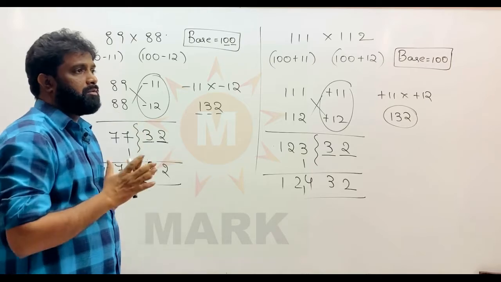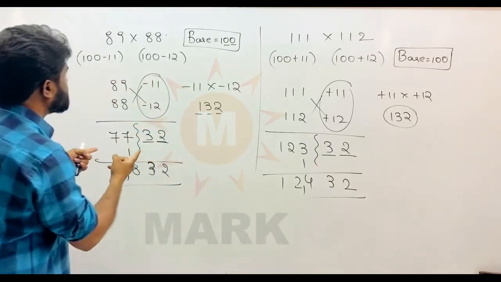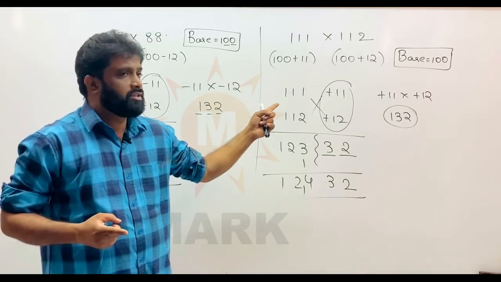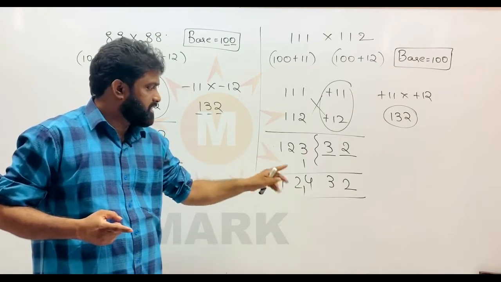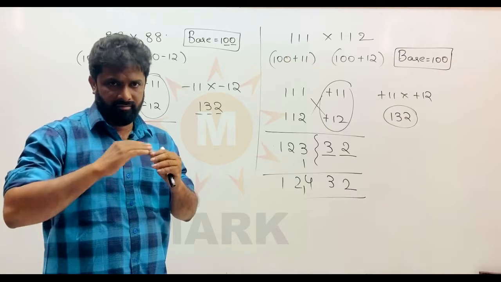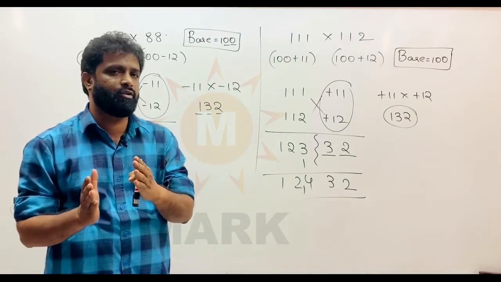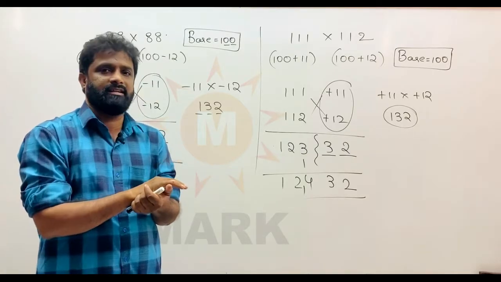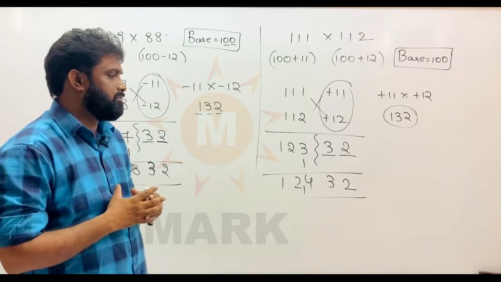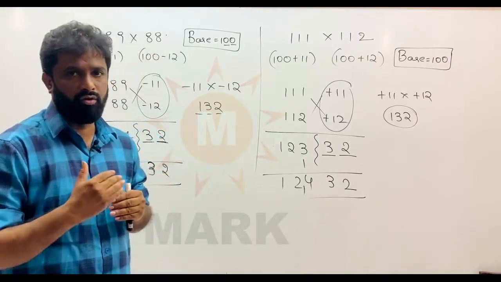Now the whole problem is, sir, what if one number is in the lower domain? In this case, both the numbers are in the lower domain. In this case, both the numbers are in the higher domain. Carry forwards came, we adjusted with just one more step, that is very easy. The most complicated level is, sir, what if one number is in the lower domain, the other number is in the higher domain, and then we get a carryover? So a mix of all. That problem we will be seeing now, because there are so many doubts in that area. So I will be clarifying that doubt, don't worry.